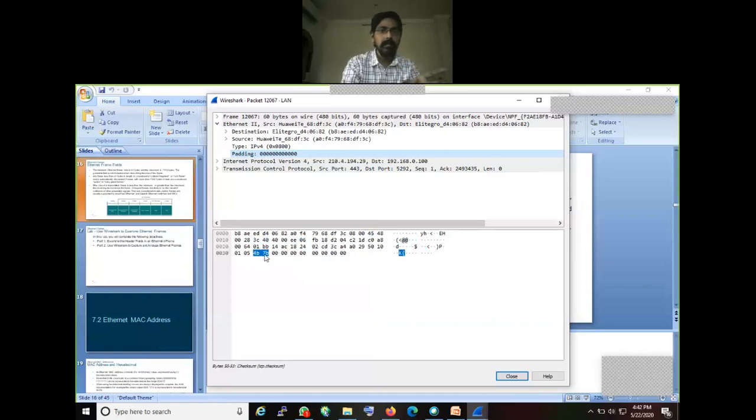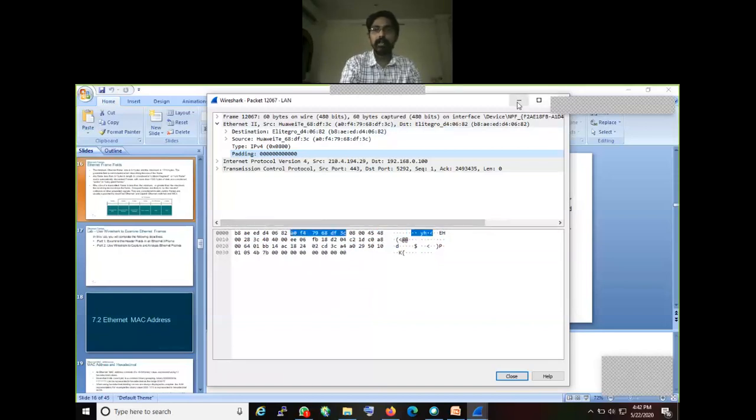And for the remaining part there is no data. That's why the frame will add zeros, called padding values, to fill the empty data. Right. This is the way we can analyze the traffic. Here we have a destination MAC, source MAC, the IP type IPv4, and then data followed by padding.